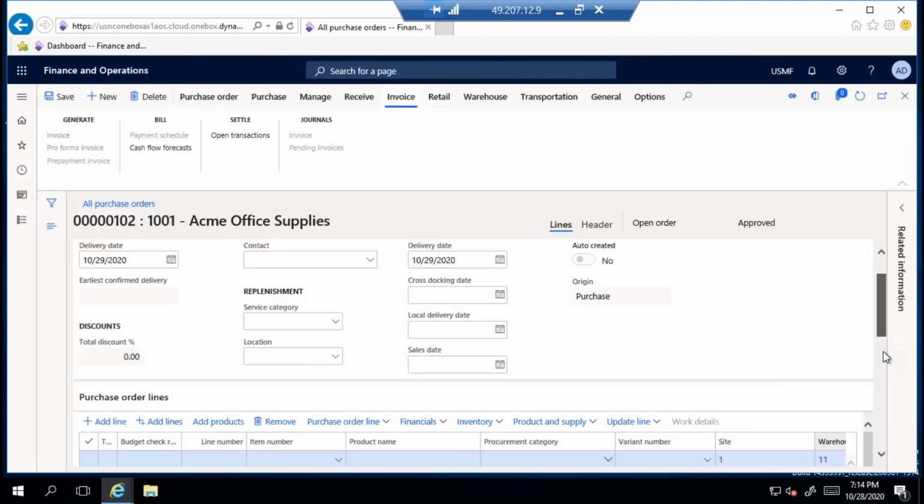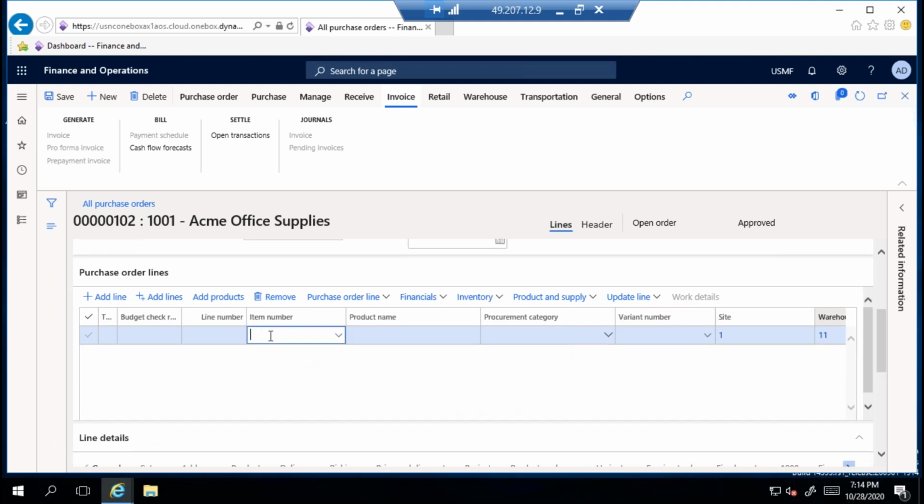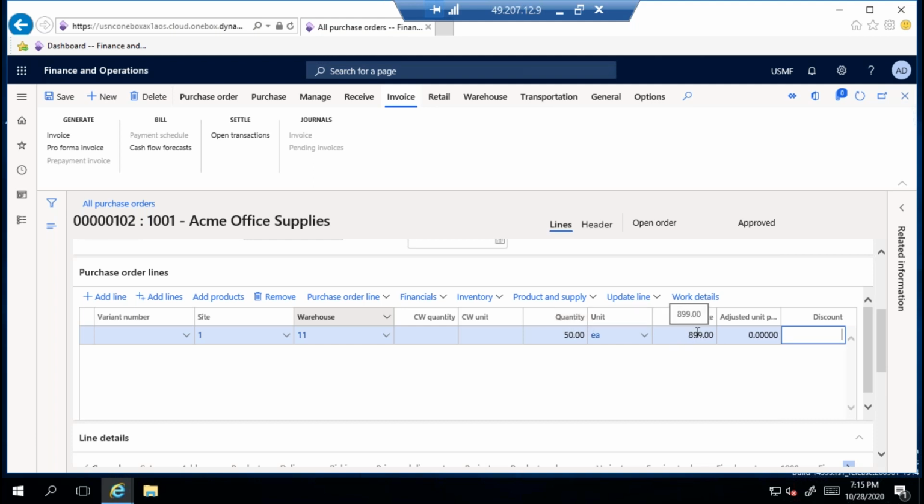So select the item. For practicing purposes, please select item 1000. Don't select A001, A002. If you select those, that is also fine, but it is better to select 1000 for practicing in the initial days. After that you can play with the system, because you need to understand so many things related to item information. Okay, fine. Suppose I'm purchasing 50 quantity and the purchase price comes automatically. From where it is coming, I will explain later.